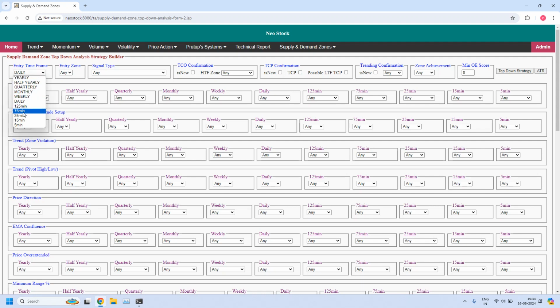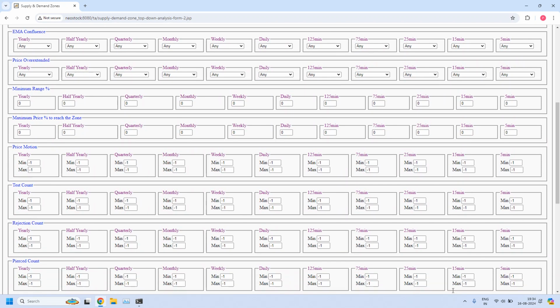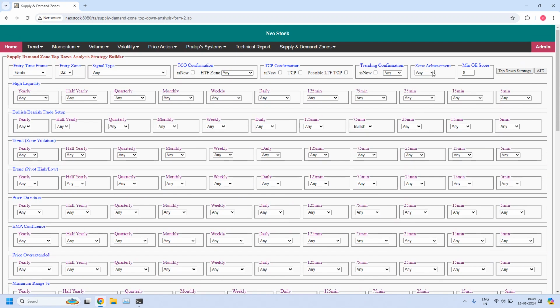So weekly income trade entry time frame is 75 minutes. Bullish trade setup entry zone, demand zone, and also in bullish or bearish trade setup, this time in 75 minutes entry time frame, I am selecting the value bullish. So 75 minutes demand zone should not be pierced. So in the pierced count in 75 minutes time frame, minimum value I am setting 0, maximum value I am setting 0, and zone achievement should not be